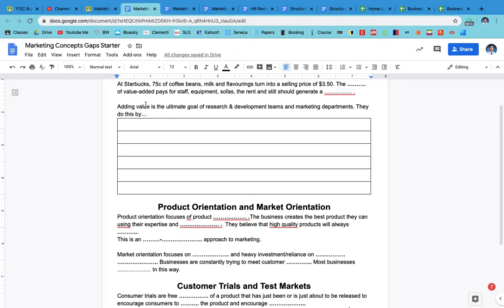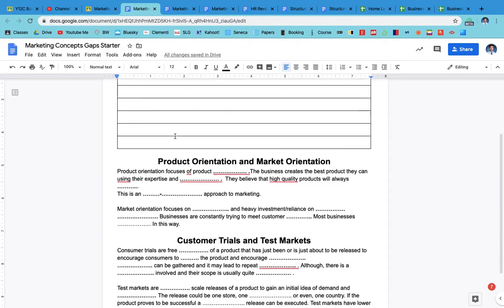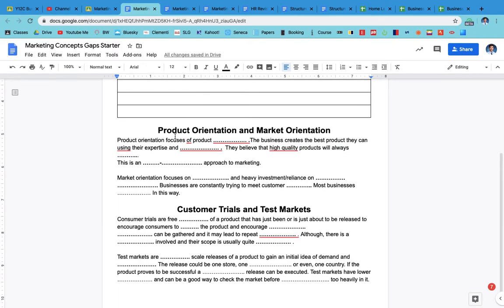Adding value is the ultimate goal of research, development teams, and marketing departments. So adding value is a common misconception. People get it wrong, and it is something that you can use in many different contexts. Okay, this will add value to the product, but what I find is that students don't use it quite correctly. So let's revise that and talk about that. So fill that in. And then product orientation and market orientation, which on the old course used to get questioned